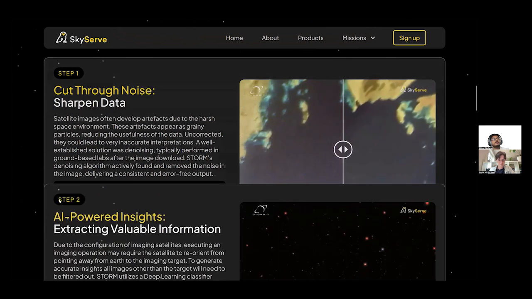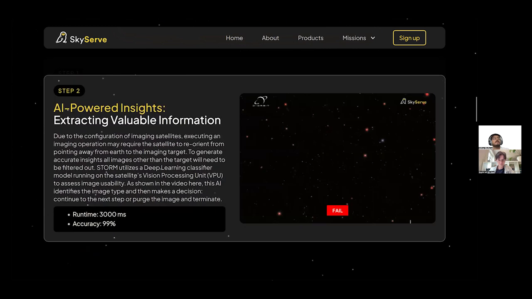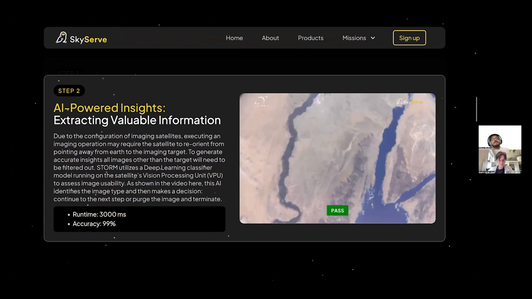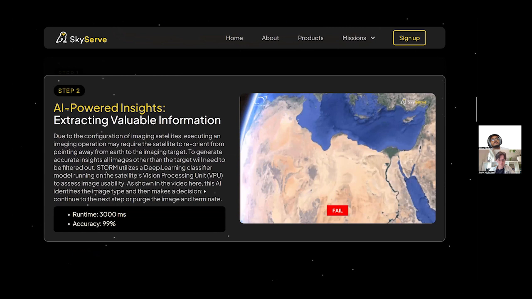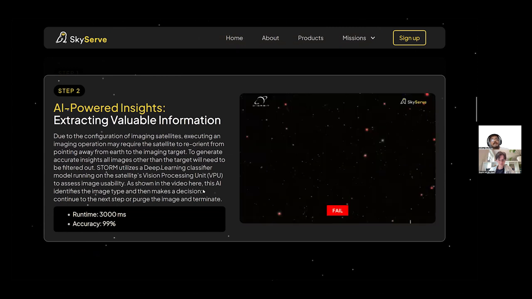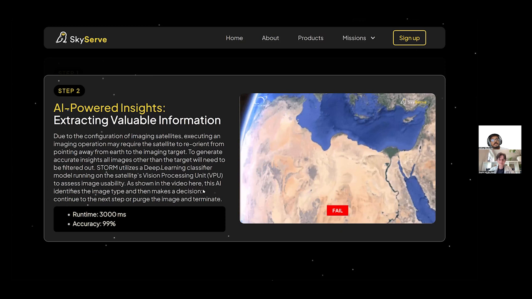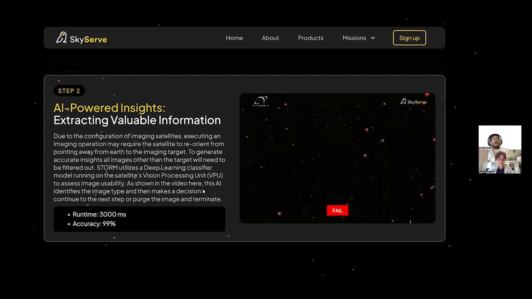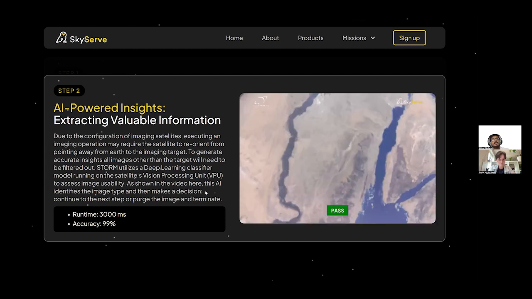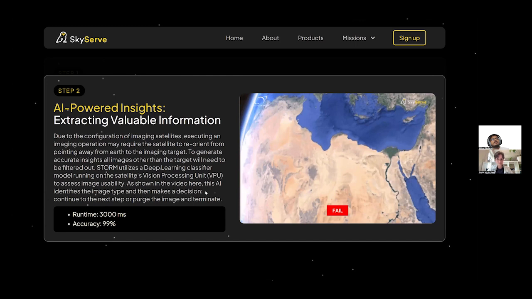And this is usually the first step before you run any model or any algorithm on the data, so that you're not picking up false positives. The second thing that we did after cleaning up the image is to filter out images that are taken in that pass which are not of the Earth. So the satellite starts changing its orientation from pointing at space towards the Earth and then points away again. So there are a few images that you will have in that. If you take it as a folder, they'll have probably 10 images,